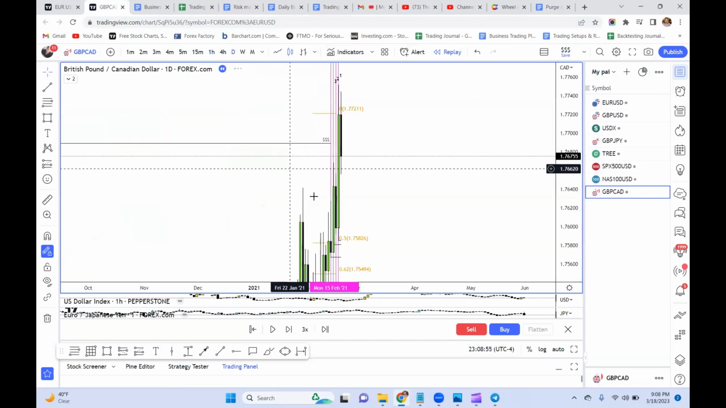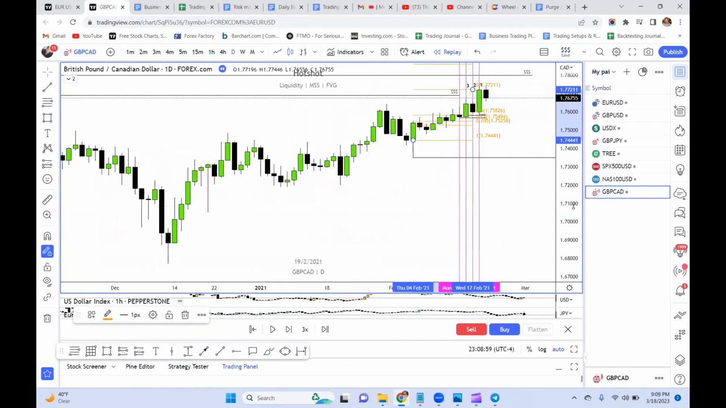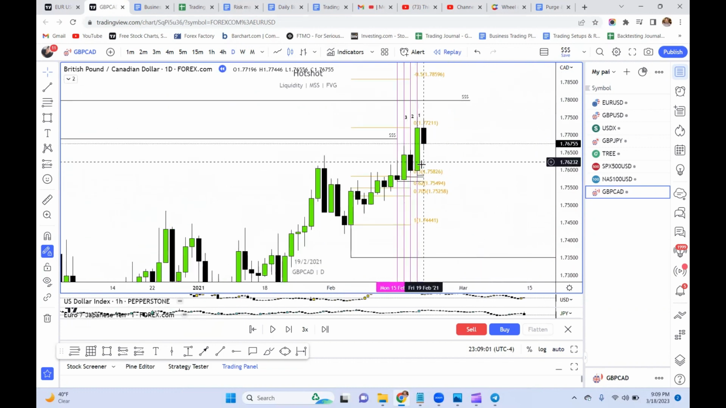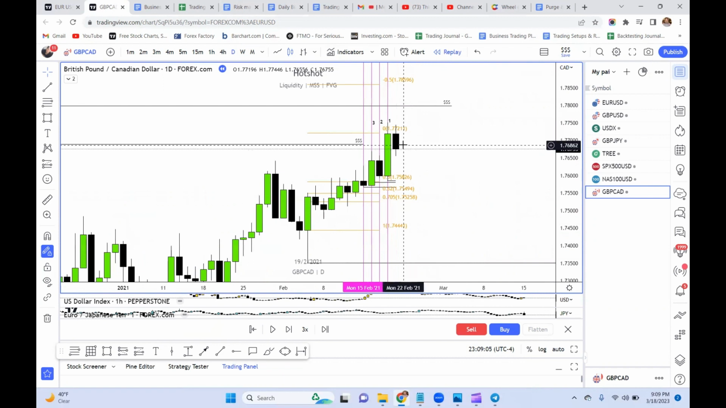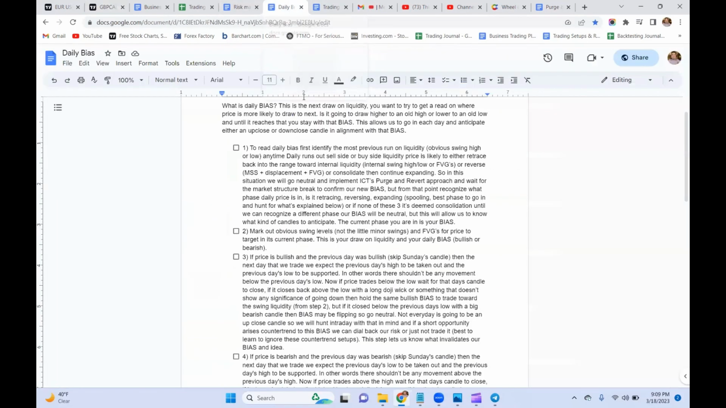Okay, so we're just going to go back to the daily. Until it breaks that, we're holding this bullish bias, okay? Until it breaks that, we are holding this bullish bias. Okay, and you could tell this next day, it didn't do anything. But to go back to daily bias,